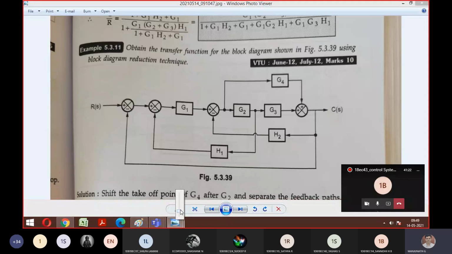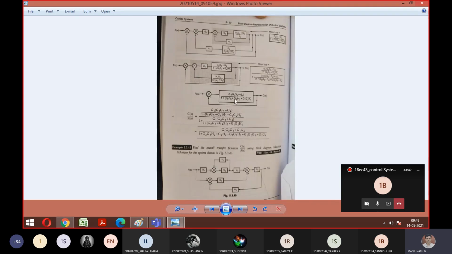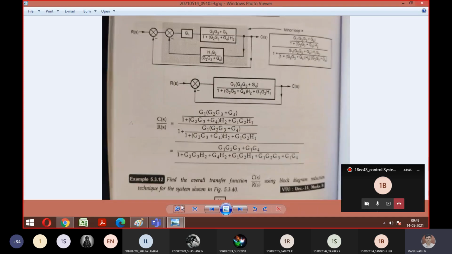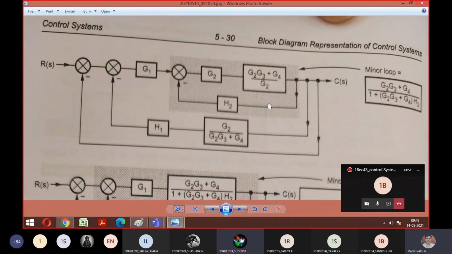So I think this was the question, right? Yeah. So this is the question I gave. What I told is, the first step is shifting the things. Then we have this cascade combination, and you did elimination of that parallel combination. Then we have shifted this summing point here. After shifting the summing point, let me zoom. Is it visible now to everyone? Yes, sir.